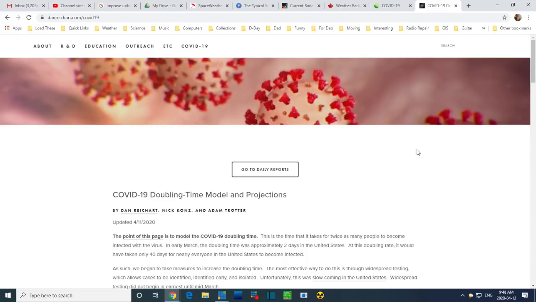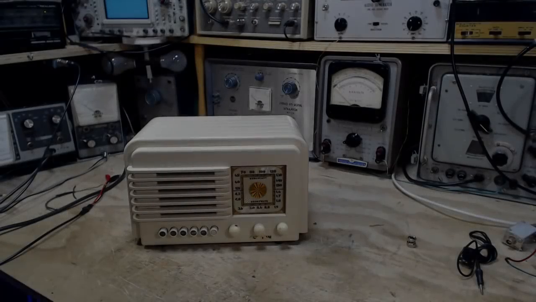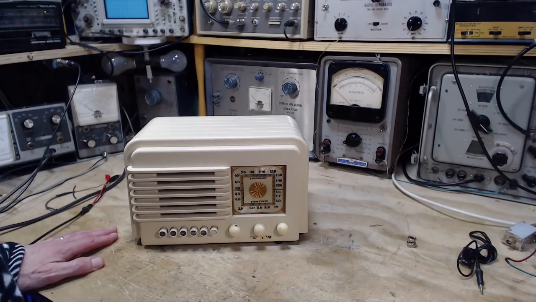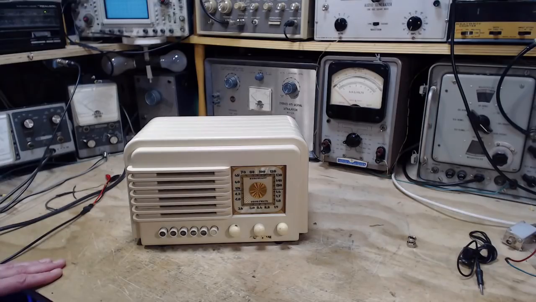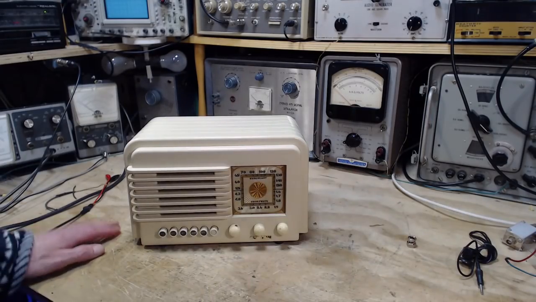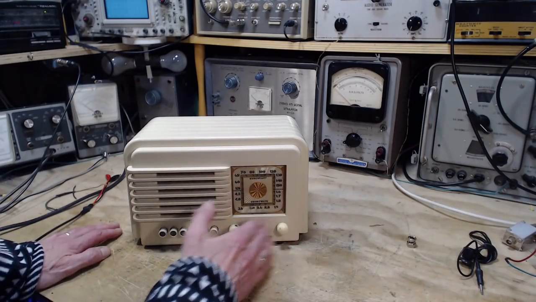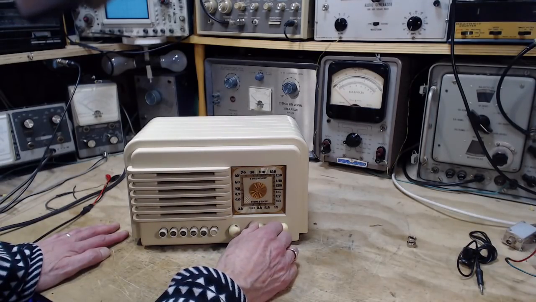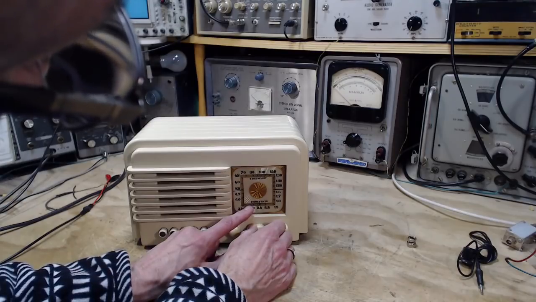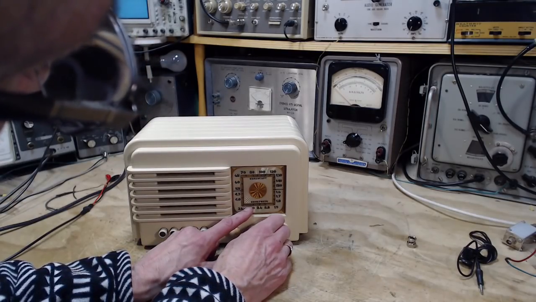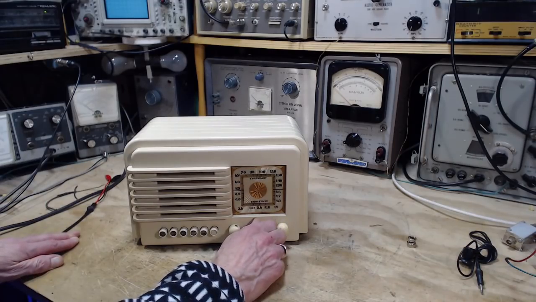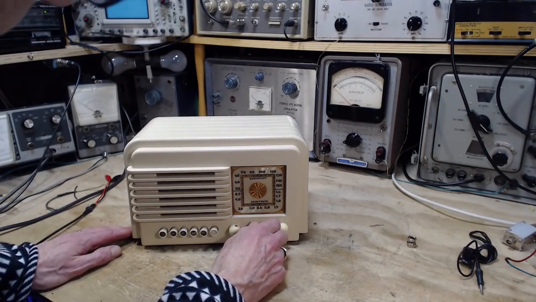Let's go look at a radio and fix it. Well, actually, I'm not likely to fix it today. Today is just going to be exploring it to find out its condition. So the first thing that kind of strikes me about this radio is, where's the pointer? It's got this fantastic looking dial. Where is the pointer? It's through this little narrow window here. You can see it. Well, maybe you can't even see it. I think you can see it there on the video.